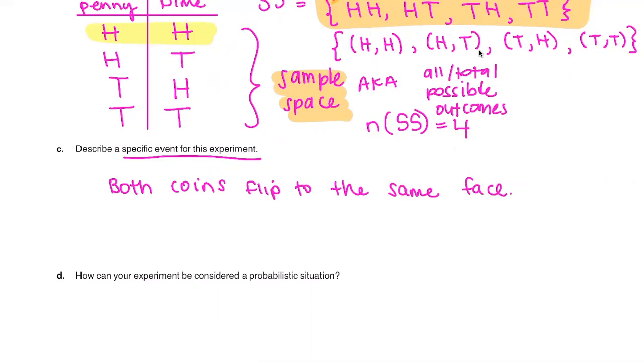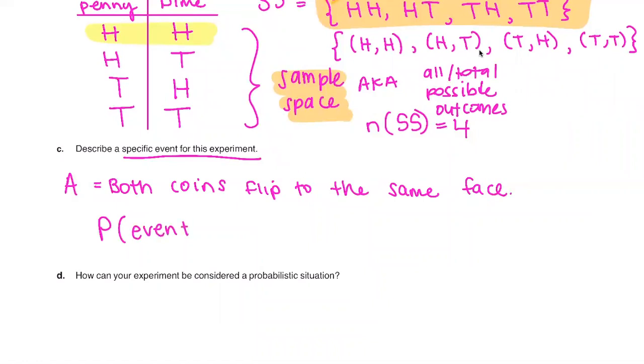Well, for this specific experiment, I'm going to call it experiment A, or event A, excuse me. This is event A. And so if I wanted to find the probability of event A, you could write probability